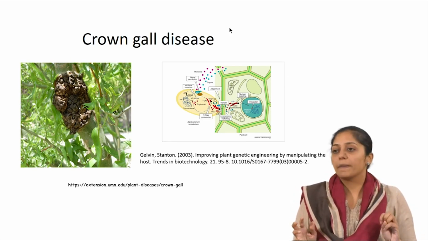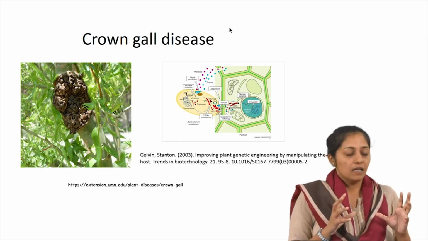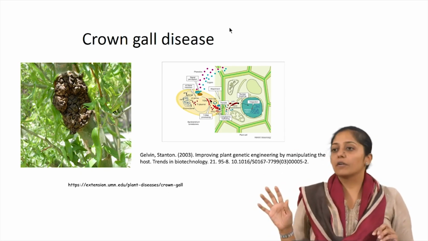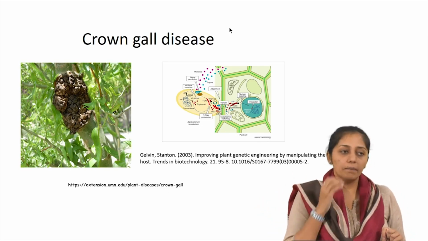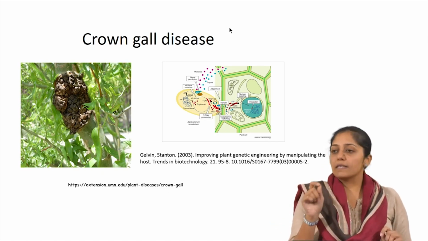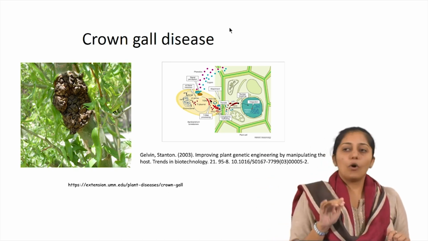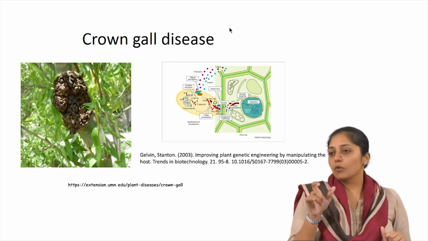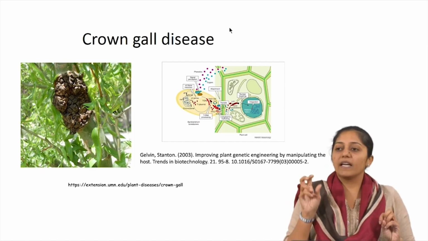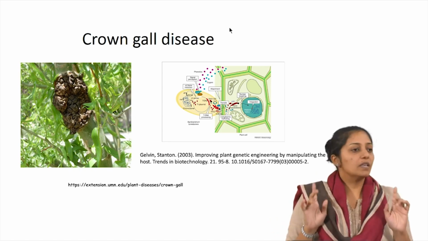It has a plasmid which is called a tumor inducing plasmid or a root inducing plasmid. Now these plasmids have certain genes which can get integrated into the plant chromosome, thereby causing transformation in plant cells. Now this can be exploited in vitro by removing some of the genes which are not necessary for the transfer and putting in your polylinker sites or multiple cloning site, which you know as MCS, with unique restriction sites so that you can insert your desired gene along with your marker system into the tDNA.